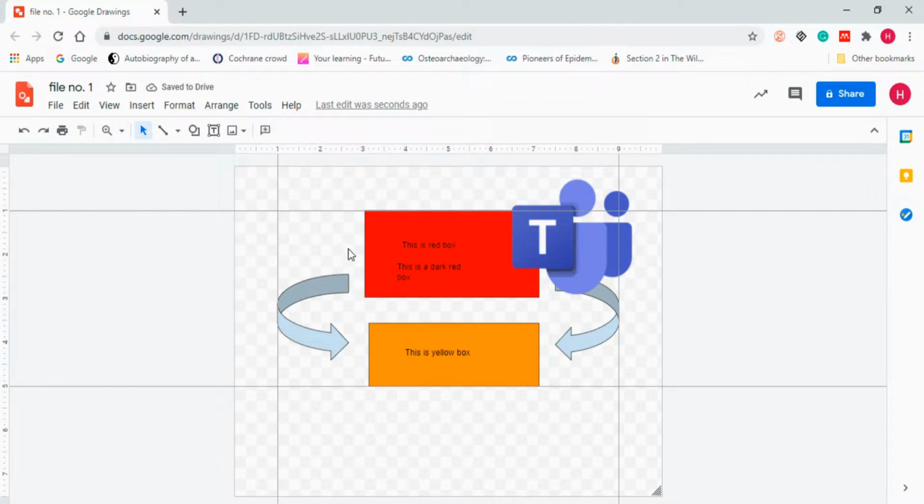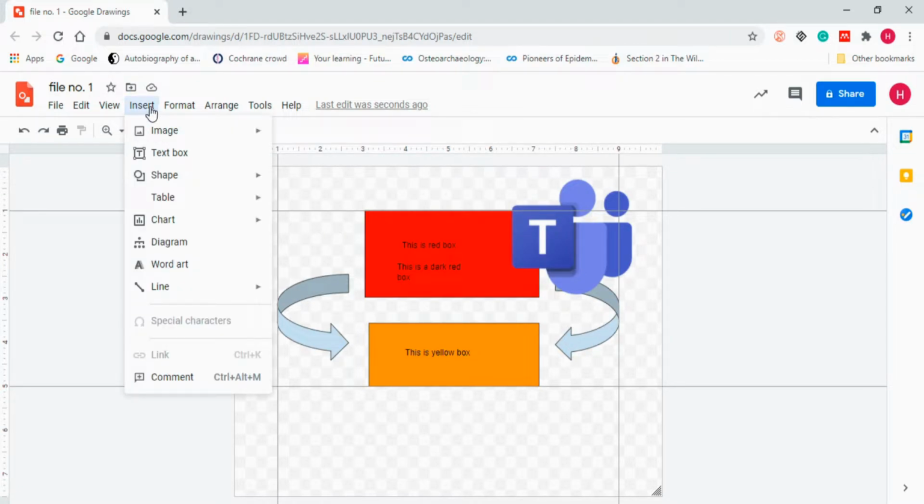Now if you want to write anything, you have to insert a text box. Apart from that, you cannot write anything, because this is a Google Drawing where you generally make a pictorial representation. But if you want to write something, then you have to insert a text box, which can be inserted from the insert section.